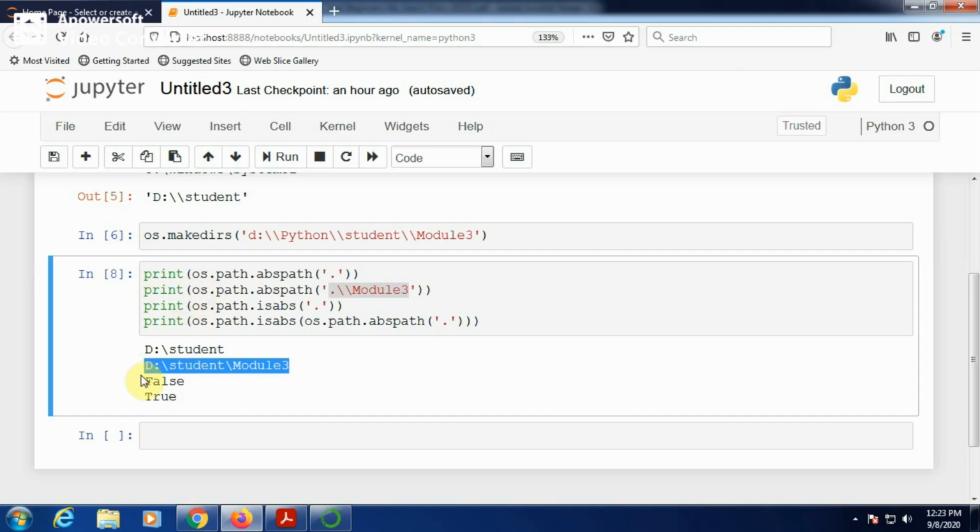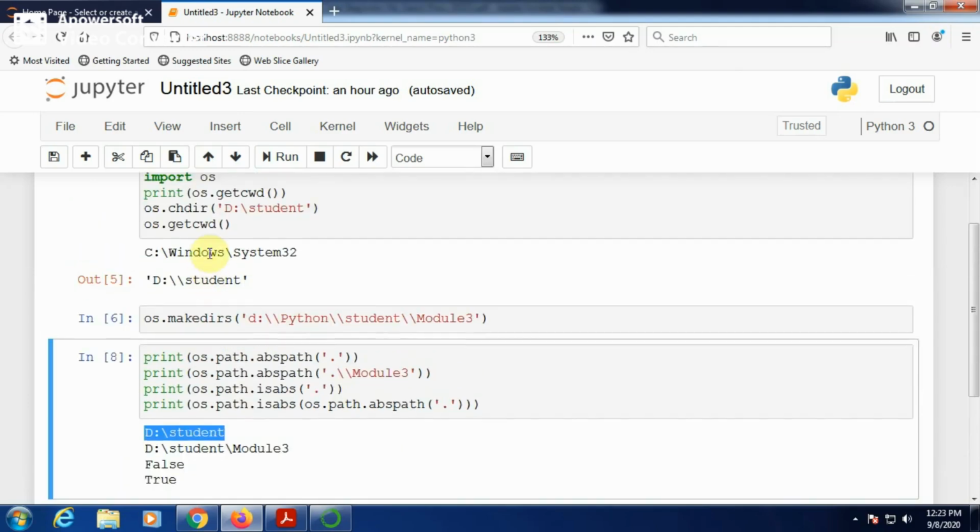This is the answer for that print command, d student module 3, and this is the answer of the first print command. os.path.abspath indicates the current working directory's absolute path. Your current working directory is d student, because here you changed the directory into d student. Its absolute path is d student. Now os.path.isabs checks whether the path is absolute or not.